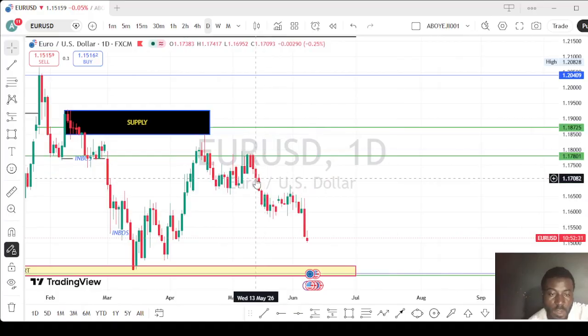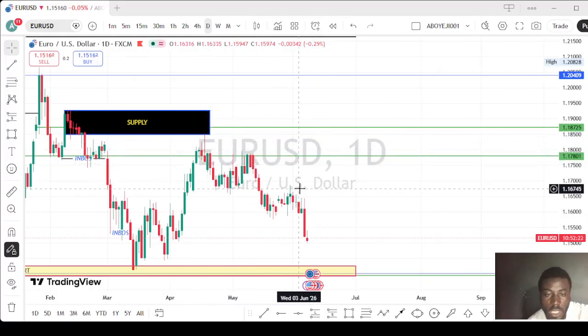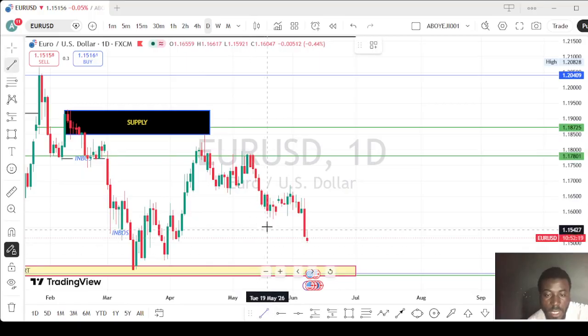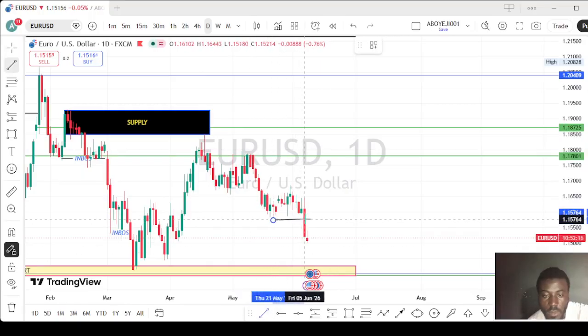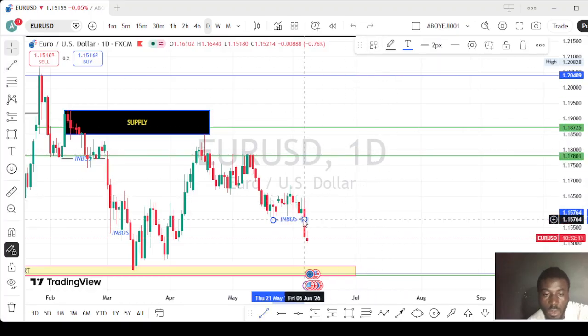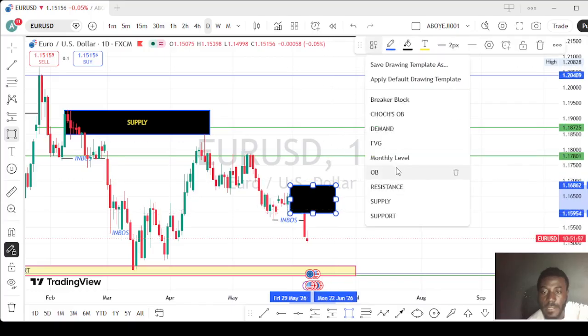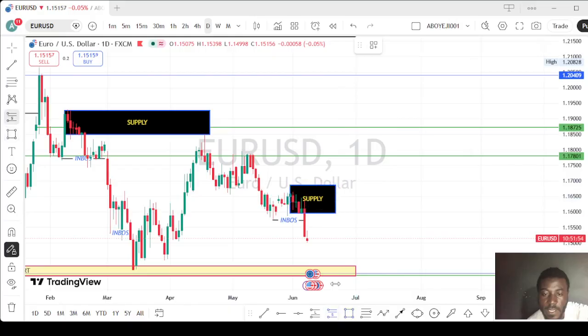Let's see what the market has for us. What does the market have for us? The market is giving us a downtrend. You can see this is the lower high, and this is the lower high, lower high. So it's a downtrend market. So this is what the market gave us now. This is a break of structure here. On the daily time frame, that is a break of structure. All we have there is the supply here. This is supply, and let's be expecting another downtrend from here.